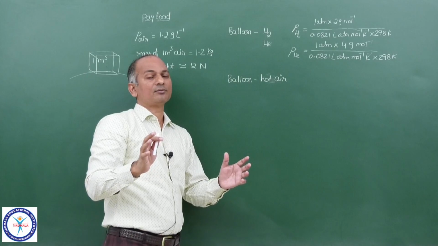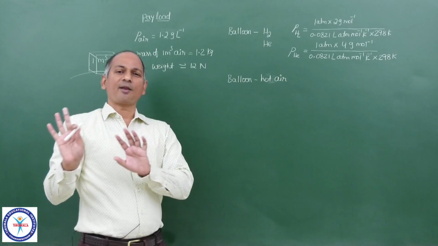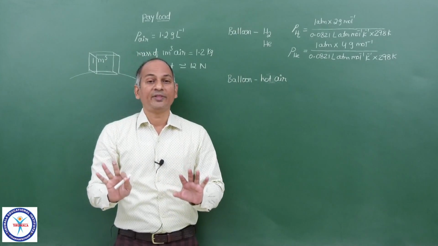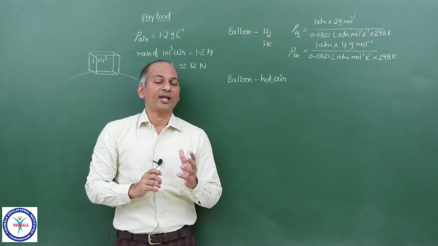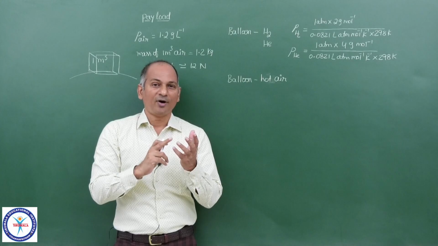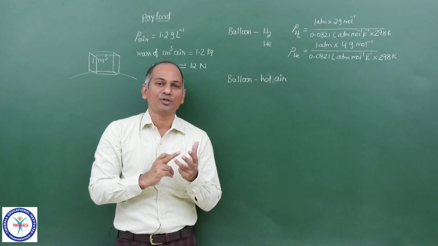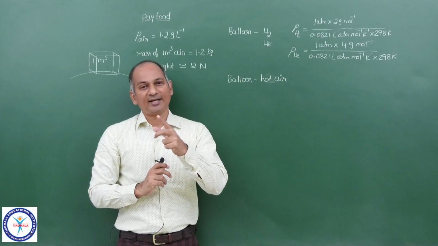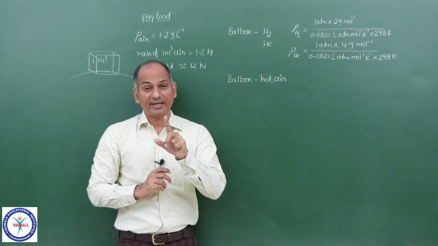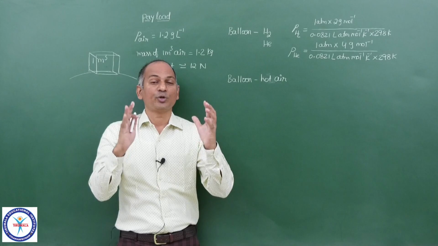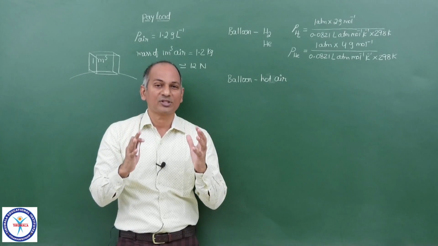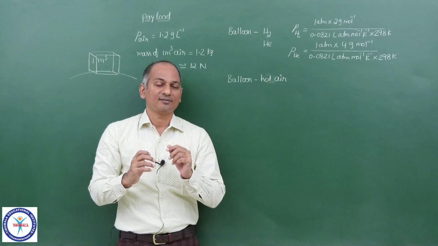Now you take a balloon, you fill that balloon with normal atmospheric air and then you start increasing its temperature. Now what happens when you increase the temperature? If volume is constant, if number of moles are constant, pressure is directly proportional to temperature. All of you recall Gay-Lussac's law? So the pressure in the balloon will increase. If you keep its volume and number of moles constant, the pressure will increase.